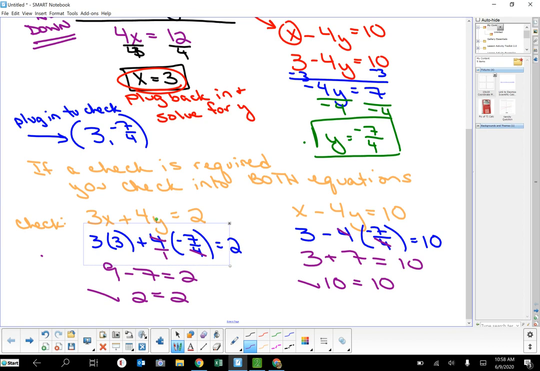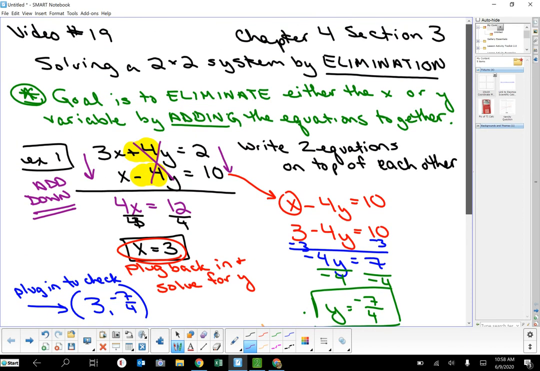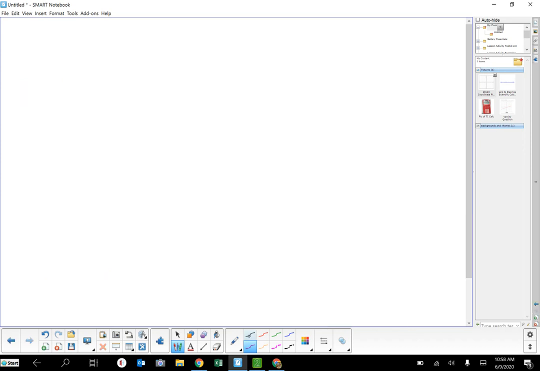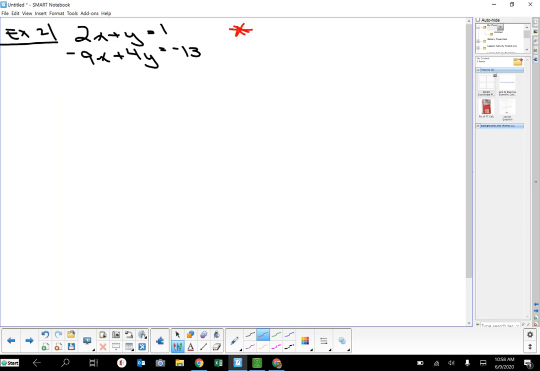All right, so elimination. Let's go back up here. The goal is to eliminate either the x or y variable by adding the equations together. Sometimes you can't do that right off the bat like you could here. So let's go to the next problem and we'll take a look at what happens when you cannot do that. So here's example number 2. And our equations are 2x plus y equals 1 and negative 9x plus 4y equals negative 13. So if you cannot just add down and eliminate,